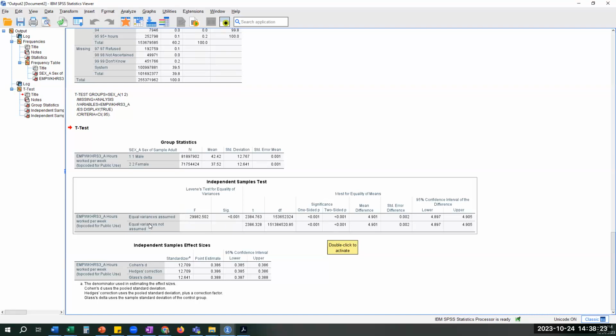And technically, because the equal variance assumed is significant, it means that you have to reject the null and equal variances are not assumed. And so therefore, this p-value is the one that I would interpret. In journals, when you see these tests put in narrative form, they talk about the p-value, the degrees of freedom, etc. But this is the value we're looking to interpret. It's less than p .05. And then these are the mean number of hours. And these are quite high. So among males working, it's 42.42 hours on average. And for females,